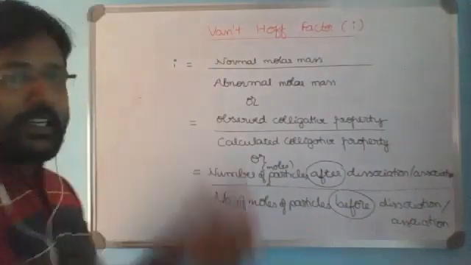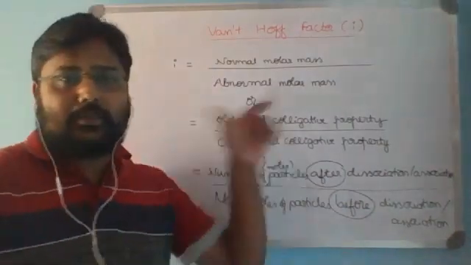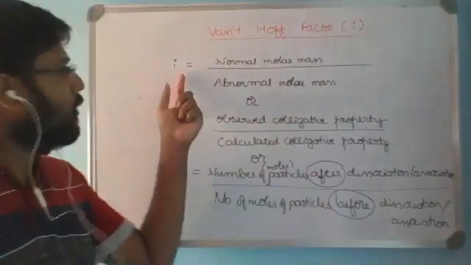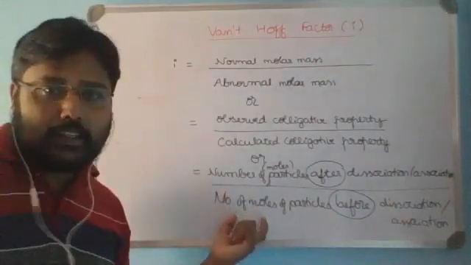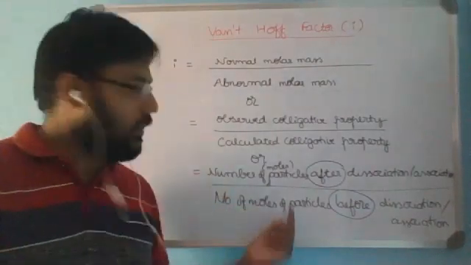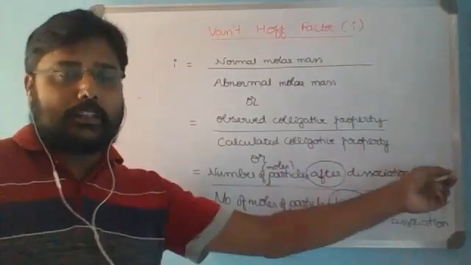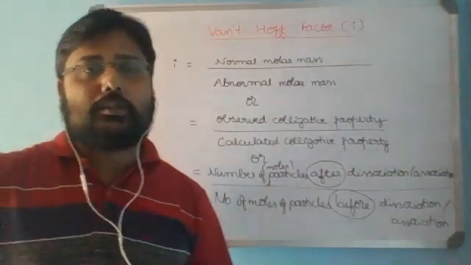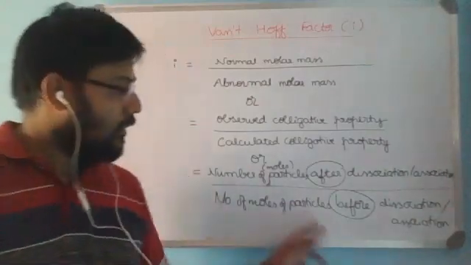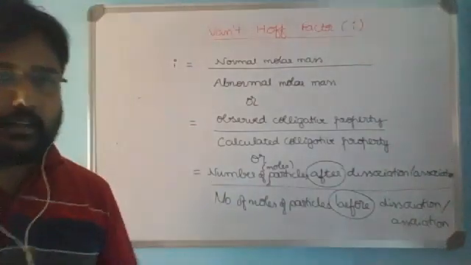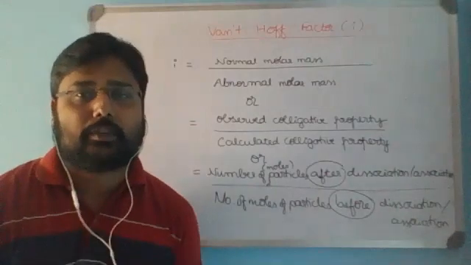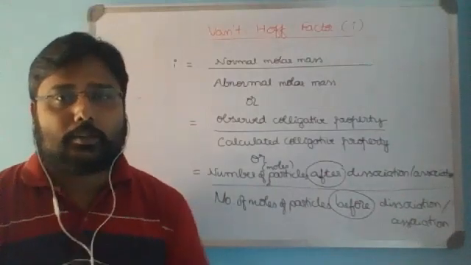So this will be the definition of Van 't Hoff factor. Any one can be used, but the calculation of i is more helpful. So by remembering the last one, A by B you can remember, A for after, B for before the dissociation or association, related to before the respective process. Right, you can observe clearly.